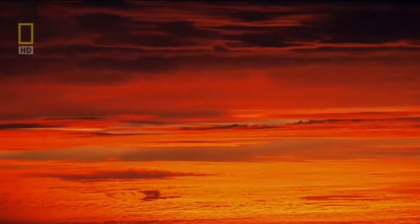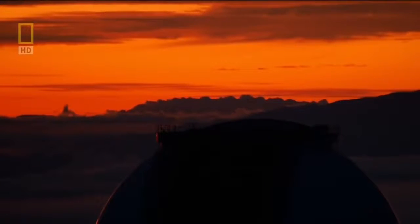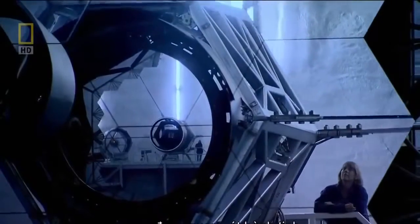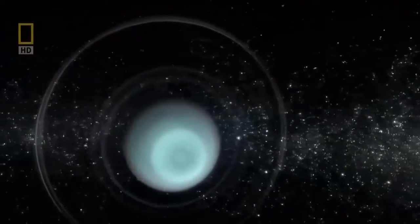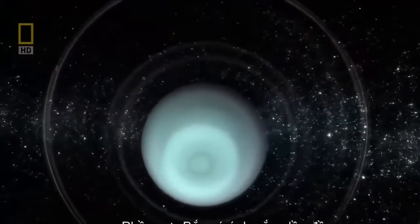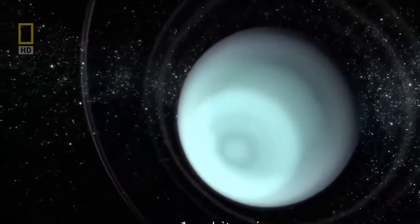Although separated by 1.6 billion miles, one of the world's highest telescopes is watching the planet spring into life. Uranus has been going through a very special season that we call equinox. The north polar part that's coming into sunlight for the first time in 2 decades is turning on with all